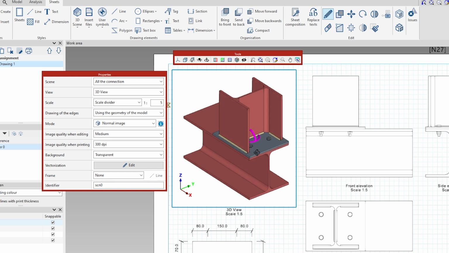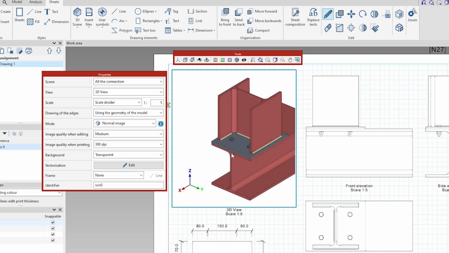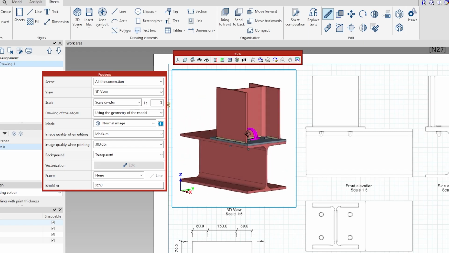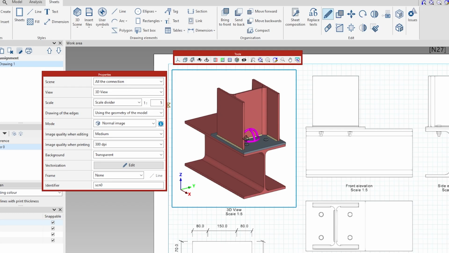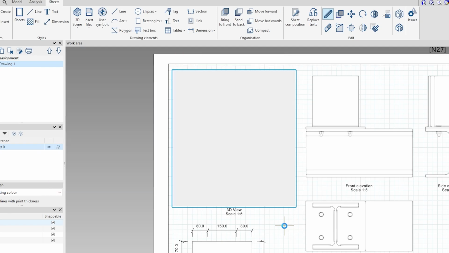We could actually rotate the view because it's not yet printed. It's not CAD until we print it. So we could change the view, and whenever we are happy,